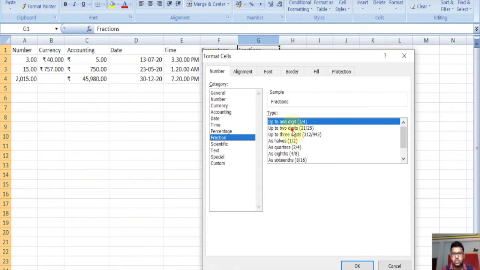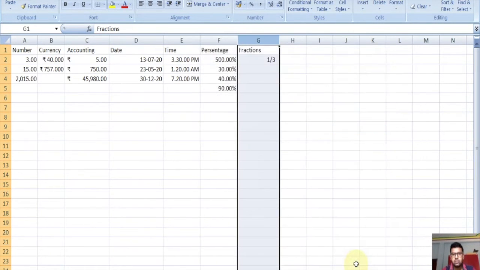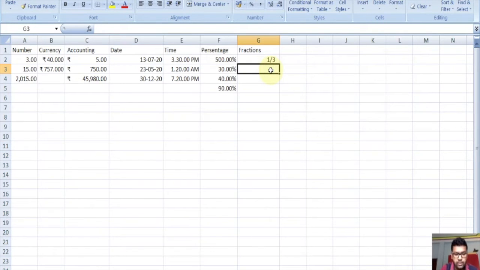Up to 2 digits, up to 3 digits. Suppose we give here 0.25, it's 1/4. Suppose we give 2.25. Suppose we give 7.265. These are fraction formats.